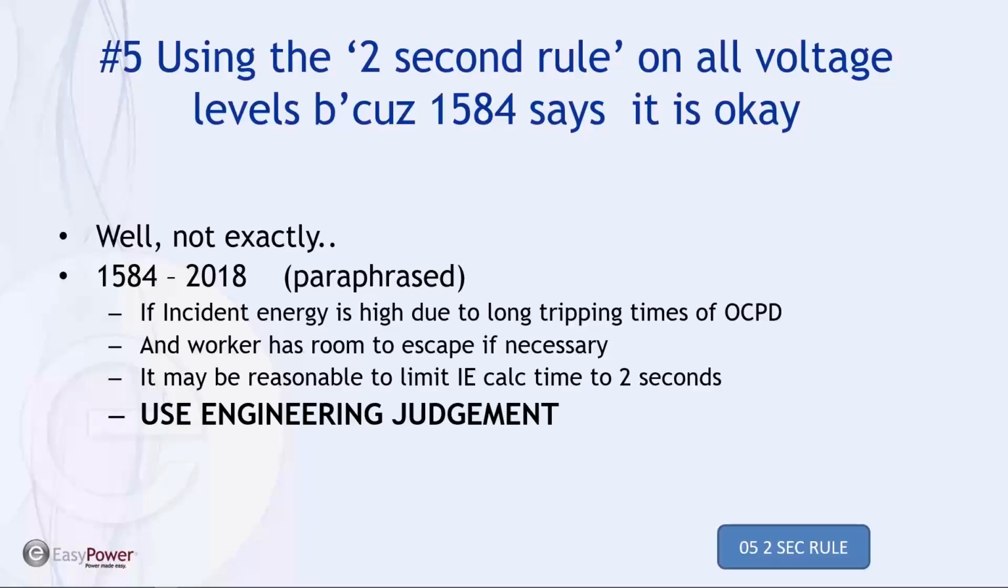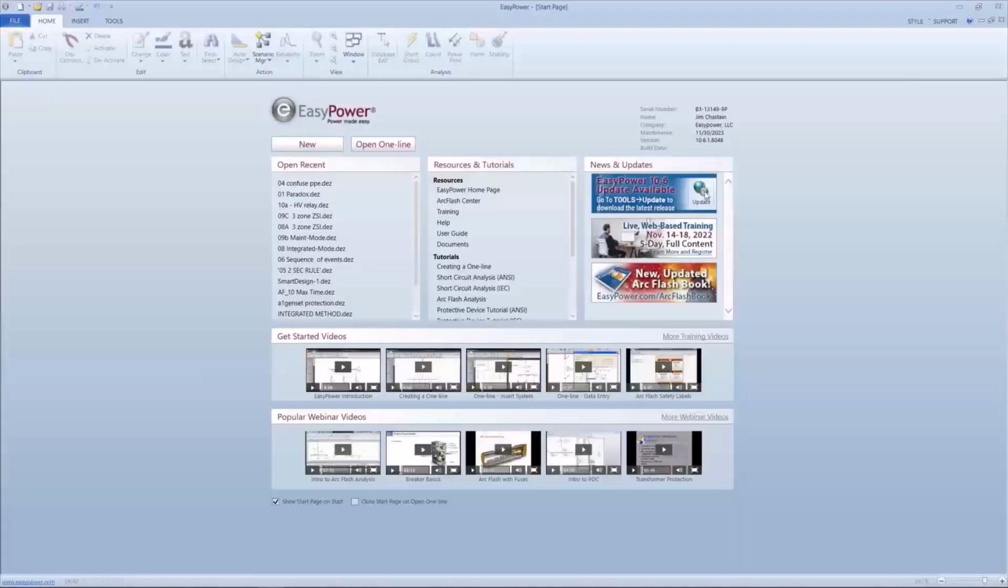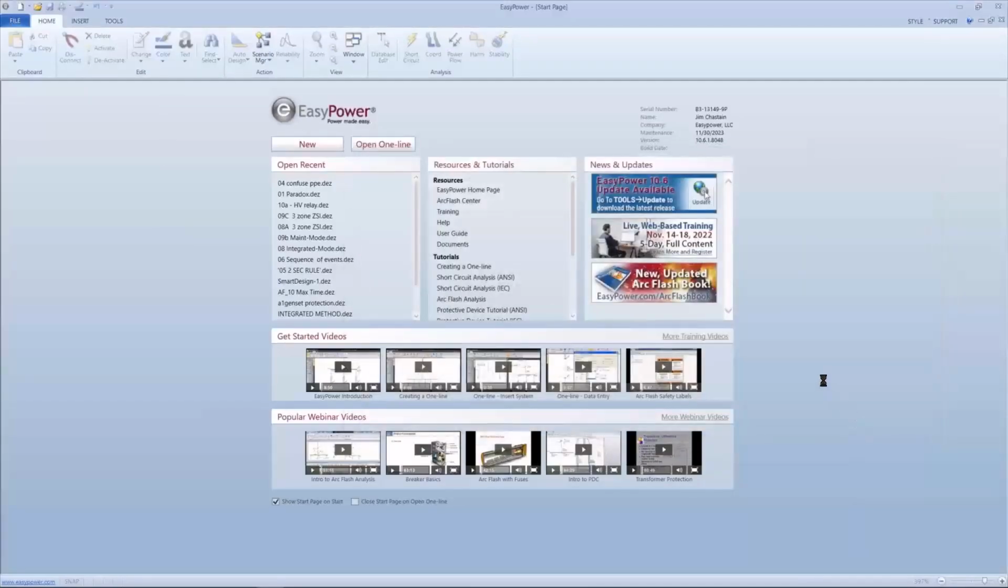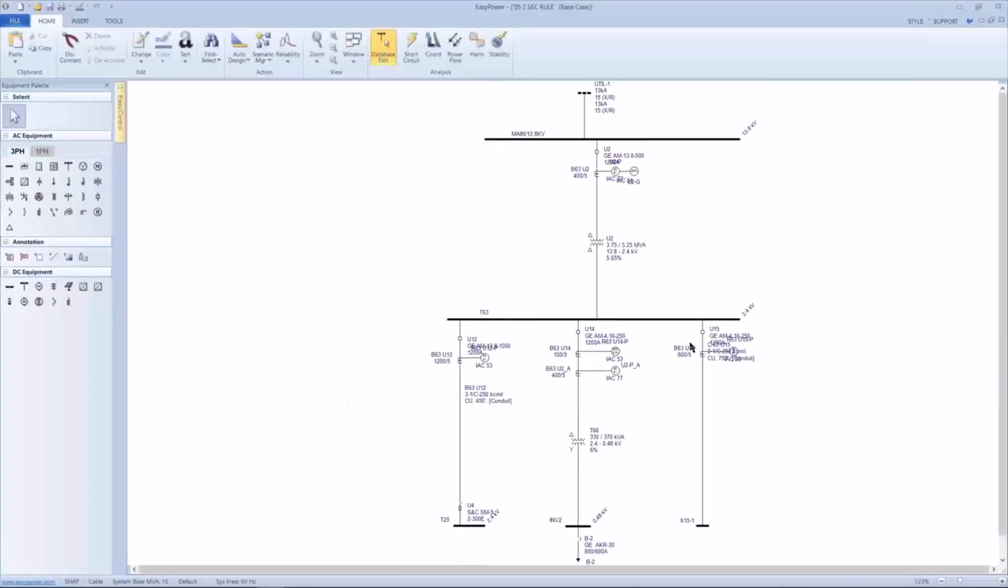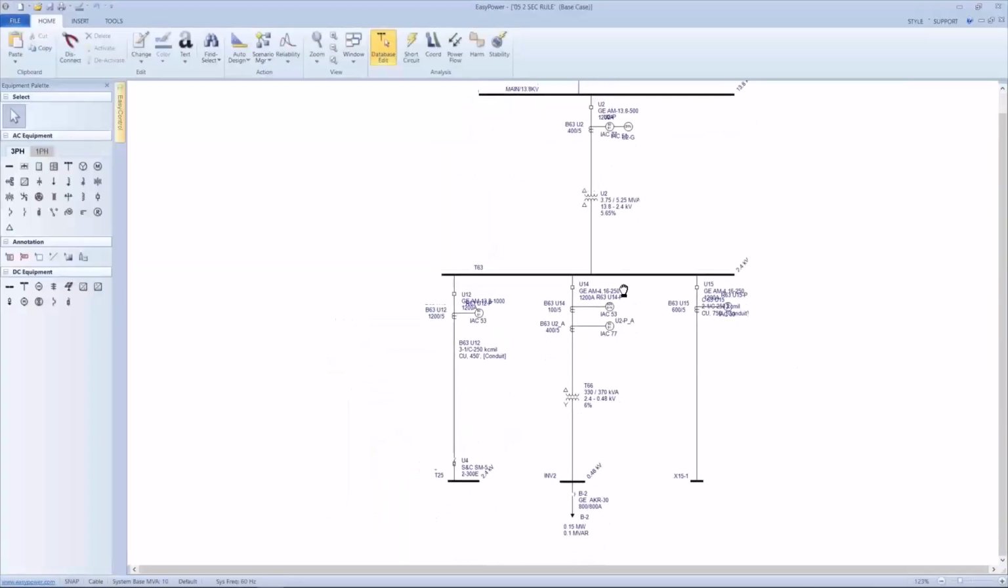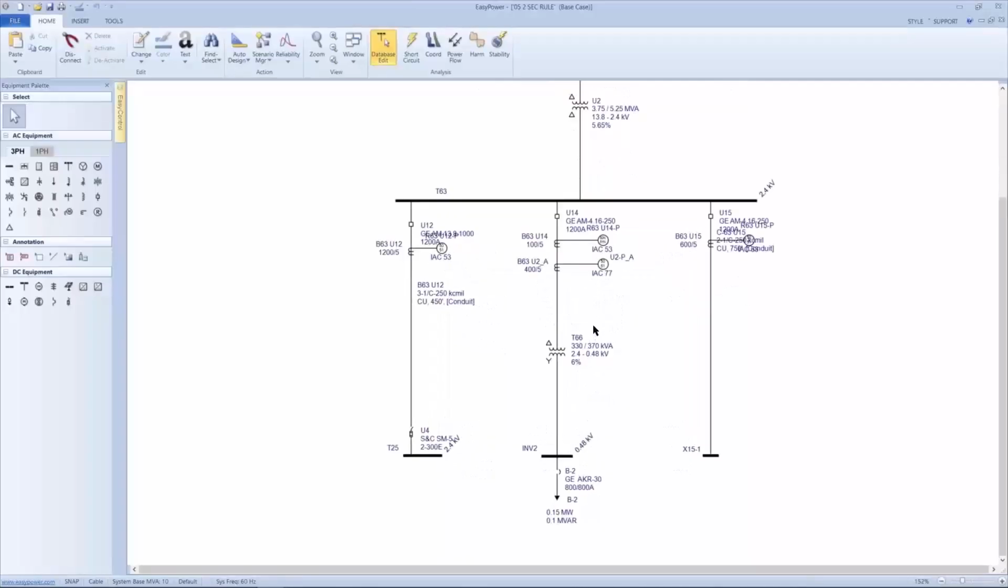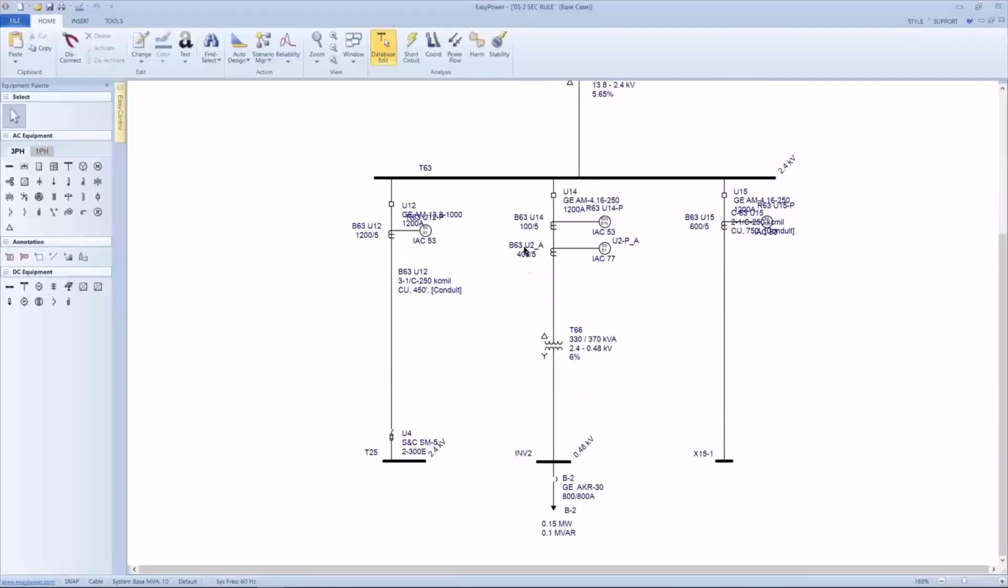Well, the reason I have an issue with this is that there's evidence that 2 seconds may not give me a true picture of the hazard that's being analyzed. And so frankly, I would not utilize a 2-second limit on anything but less than 250 volts. So here's